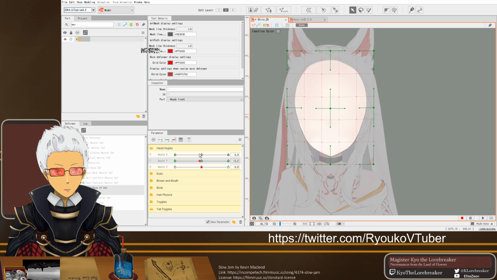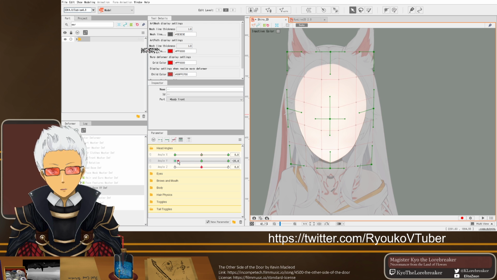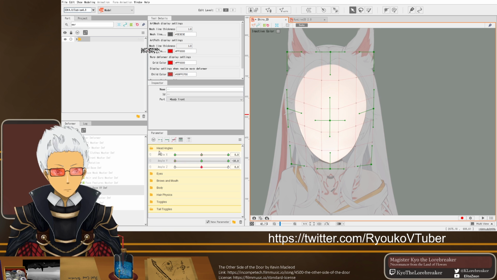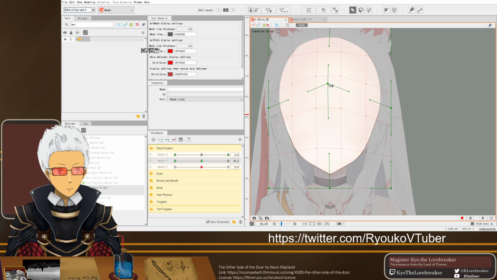And that's a little bit of a head tilt downward. And I'm just going to bring it down 1, 2, 3, 4, 5. So it looks like she's tilting her head down a little bit more. Alright. And now for head up. We'll bring this up like that.